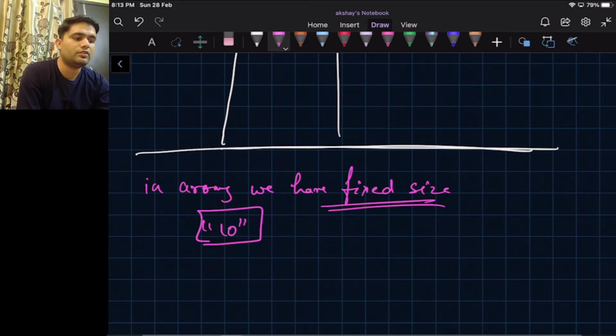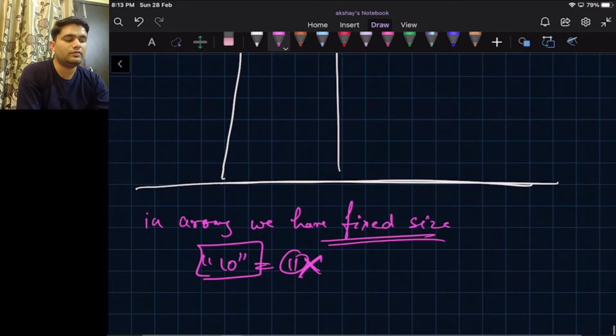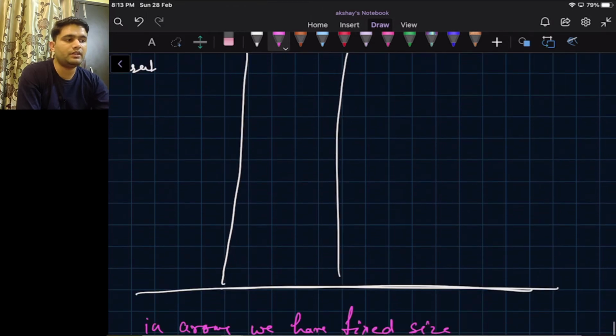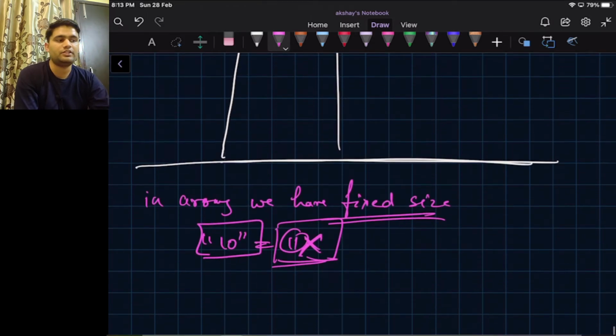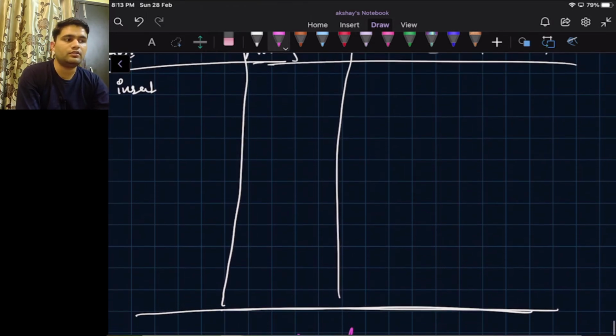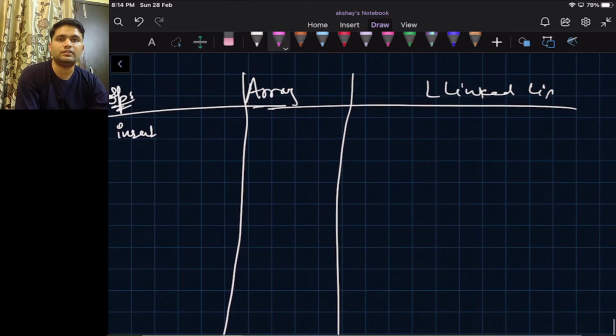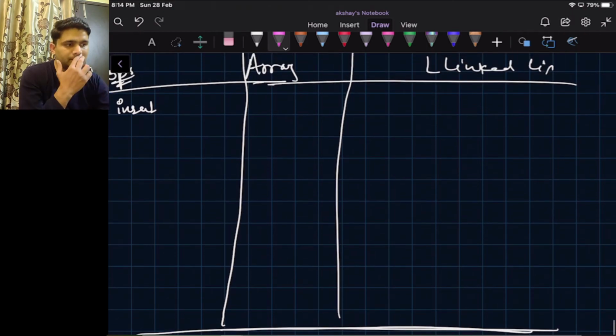We cannot insert the 11th element in this array. This is the limitation of an array, but in a linked list there is no such limitation of length. We can increase or decrease the size of the linked list based on our requirements. So insertion in an array happens till its size.